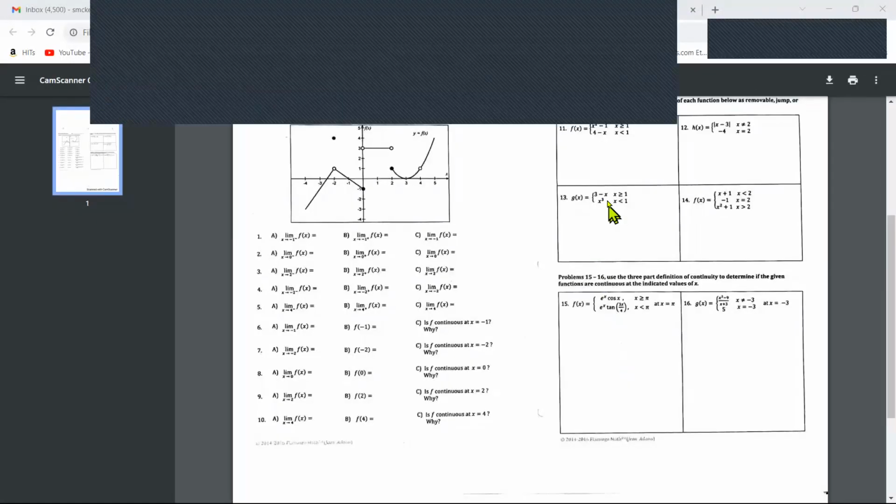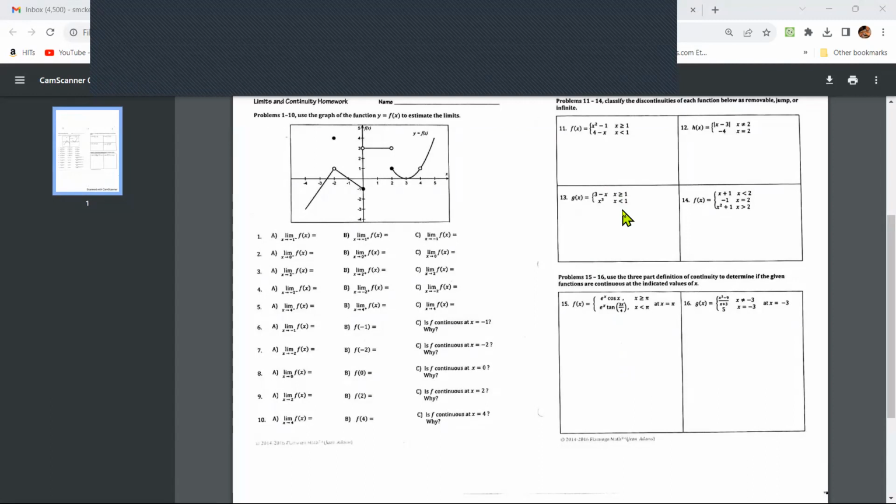Let me share the screen again. Go up here, share the screen, share the homework. Now 13, they're asking you about one place. What happens at 1 here? At 1 from the right,